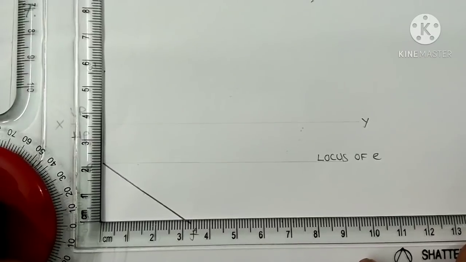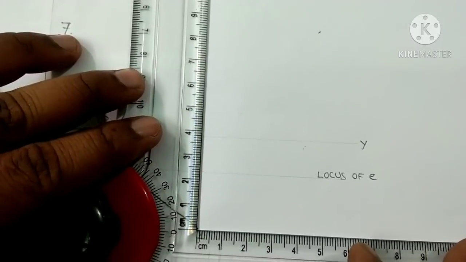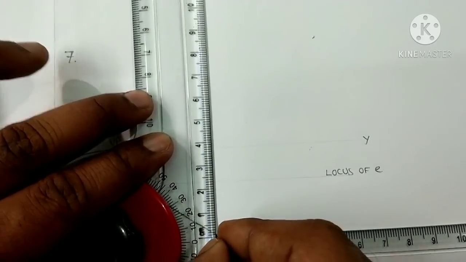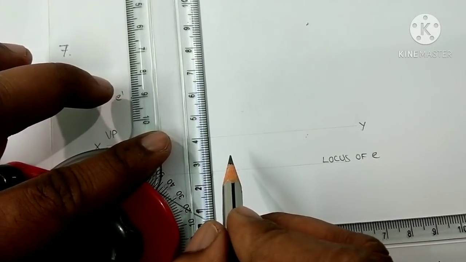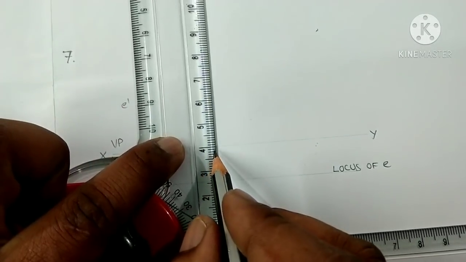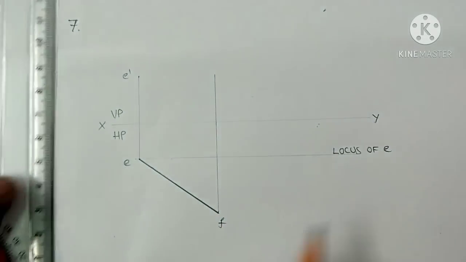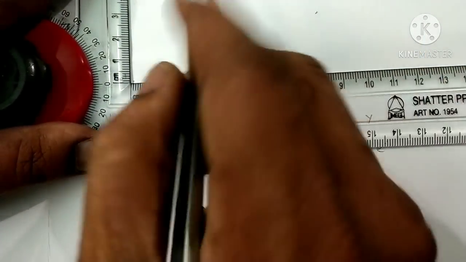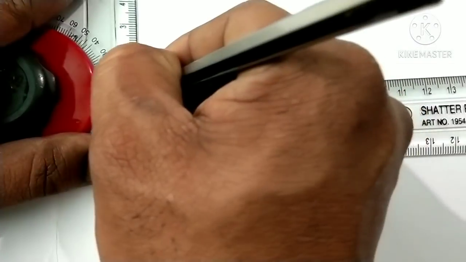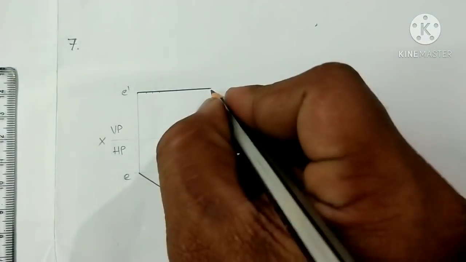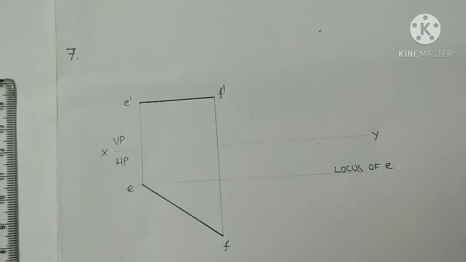Initially we have to project point F onto the reference line and extend the same projector, depending on the above HP dimension. Above HP, that is 20 mm. So here we should extend the projector 20 mm above the reference line in this way. Then we should join both the points with the HB pencil, because we are getting the front view, that is the reduced dimension, and F becomes F dash because it is moving upwards, that means front view. So projections are over.